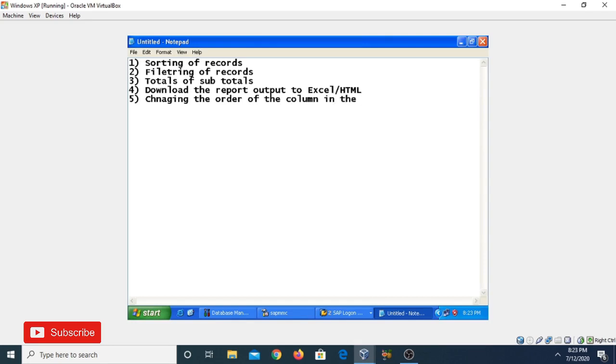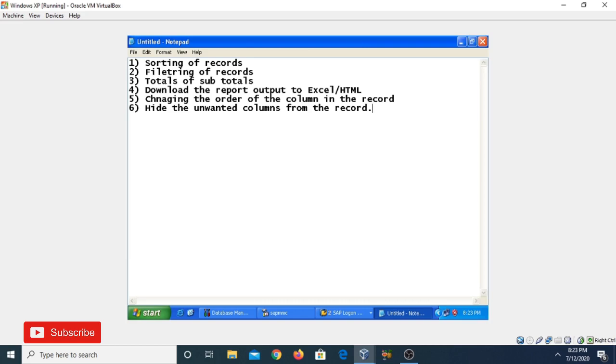The next function that you can do with the help of ALV is hiding the unwanted columns from the record. So these are some of the functions that you can perform using the ALV grid control.